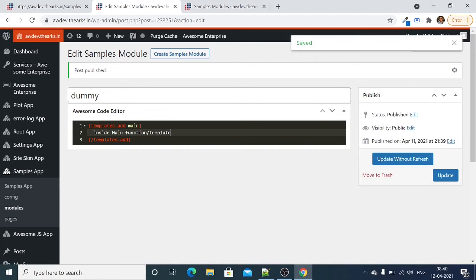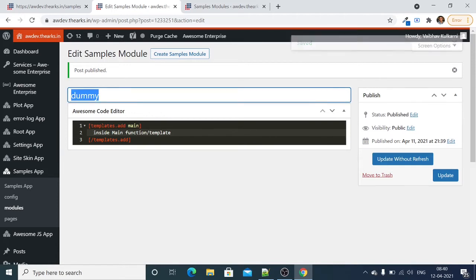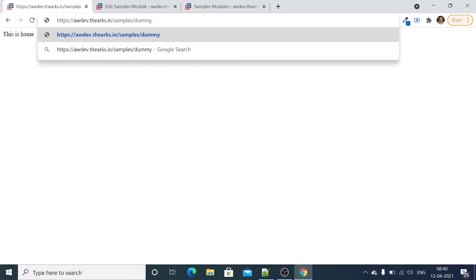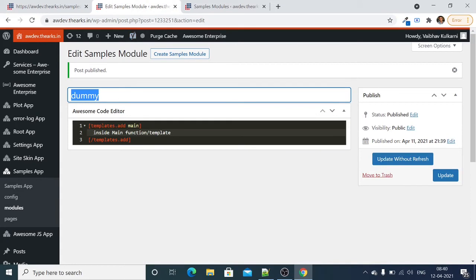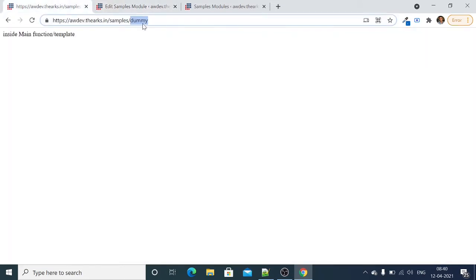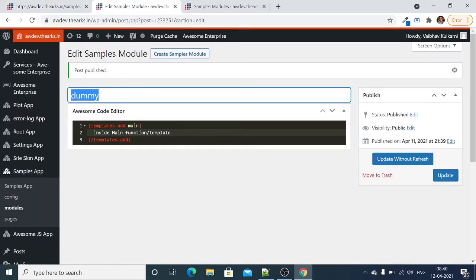So whenever we hit this dummy inside the samples, this is our sample app and this is our module dummy. Whenever we are saying application and the module, it means we are calling the module which controls the input and output.